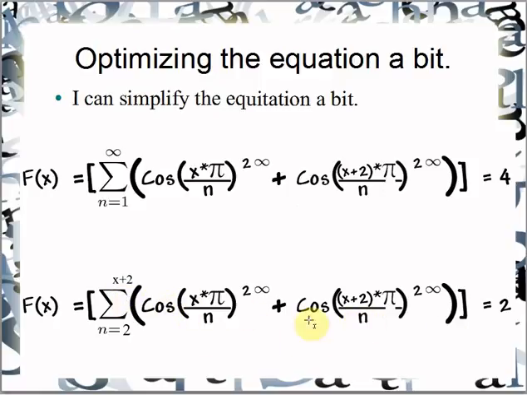Once n is greater than 2, this will never be true. So I could just check between. I just need to sum between 2 and x plus 2. So this is pretty much a reduced, a little bit simplified version of this. They both do the same thing. I could have just put 2 here and kept the infinity. It doesn't matter. Like I said, you could go to infinity to just make it a nice infinite function. But there's no need. Once n is greater than x plus 2, I'm just going to get a whole bunch